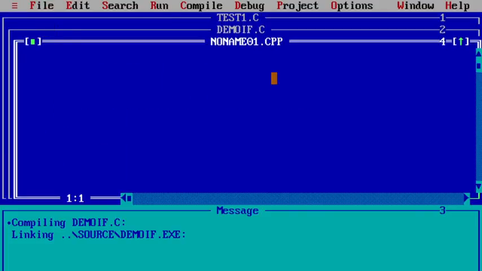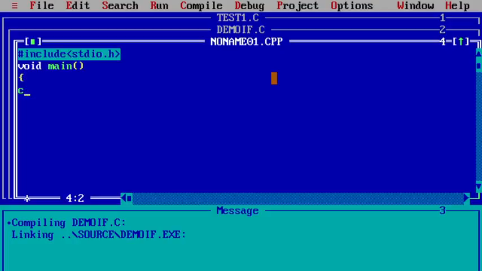We'll use new file. Okay, and then hash include stdio.h. Then we'll use main, so I'll use void main, and then open the braces.